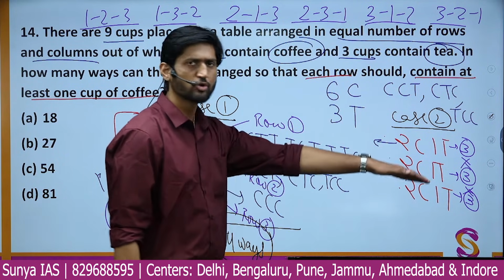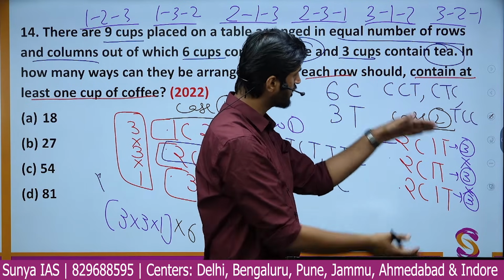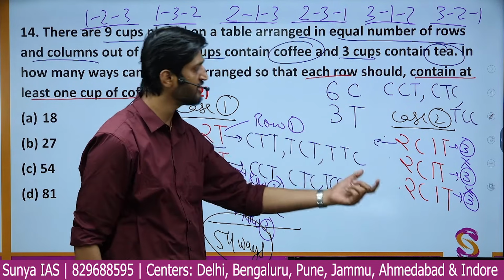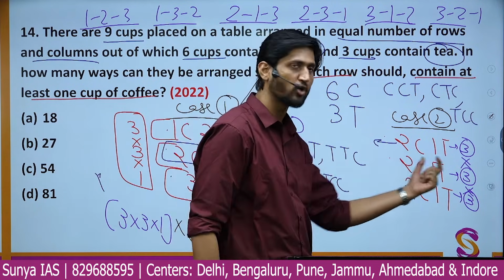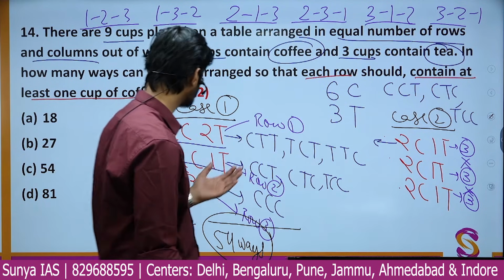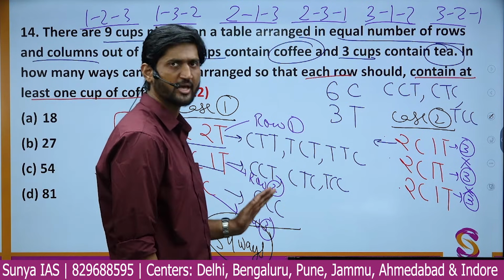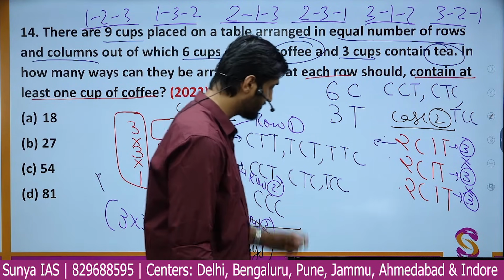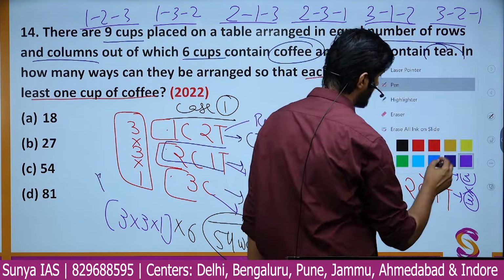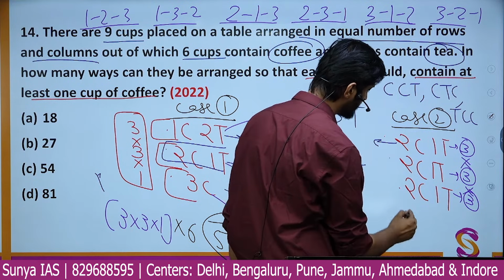Since all the rows are identical, we need not arrange the rows among themselves. All the rows are the same: 2 coffee, 1 tea, 2 coffee, 1 tea, and 2 coffee, 1 tea. Here the rows were different: 1 coffee, 2 tea, 2 coffee, 1 tea, and 3 coffee. So this was a different case. If we are talking about this case, we will have 3 into 3 into 3, that is 27